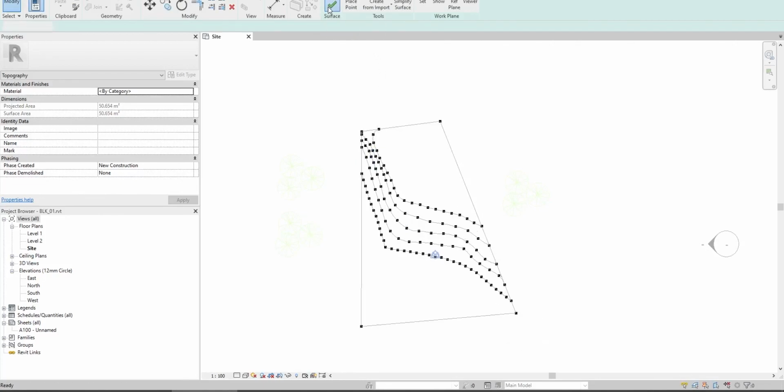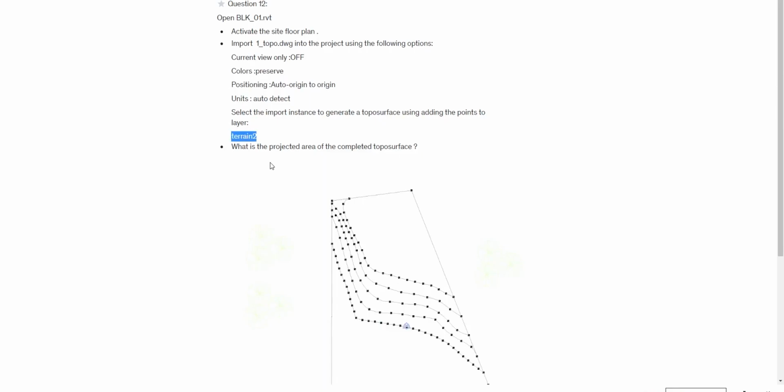We will click finish surface. And what is the project